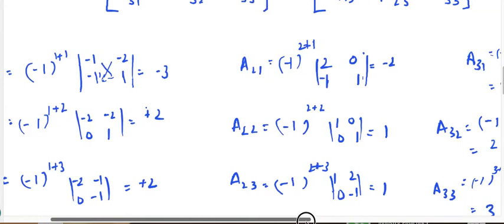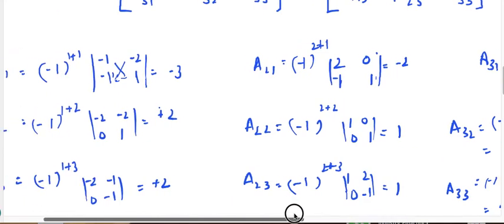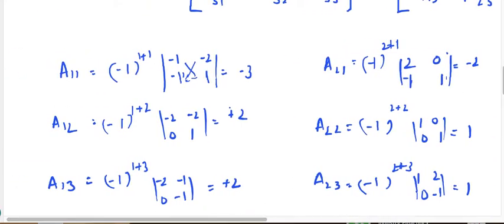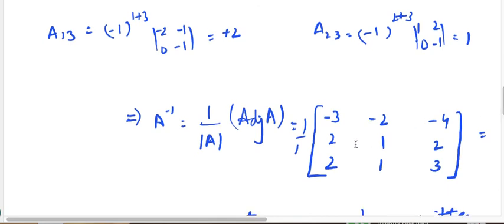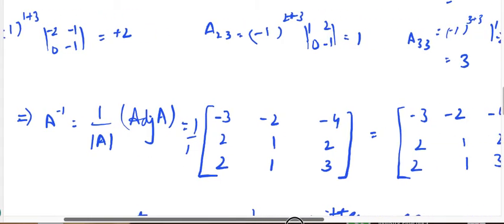We can find our cofactors, and once we have found our cofactors, we put their values in here. Minus 3 2 2, I have written them vertically, you can write them directly over here, and similarly minus 2 1 1, minus 4 2 3. And when we have to find A inverse, we write 1 upon determinant A. So this was a quick recap of how we find A inverse.